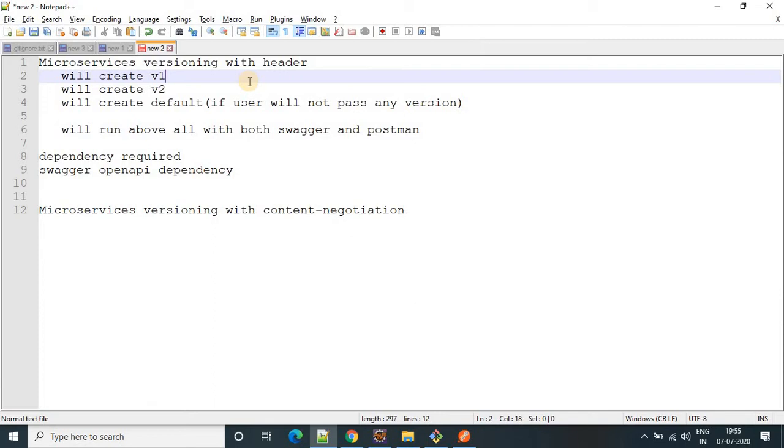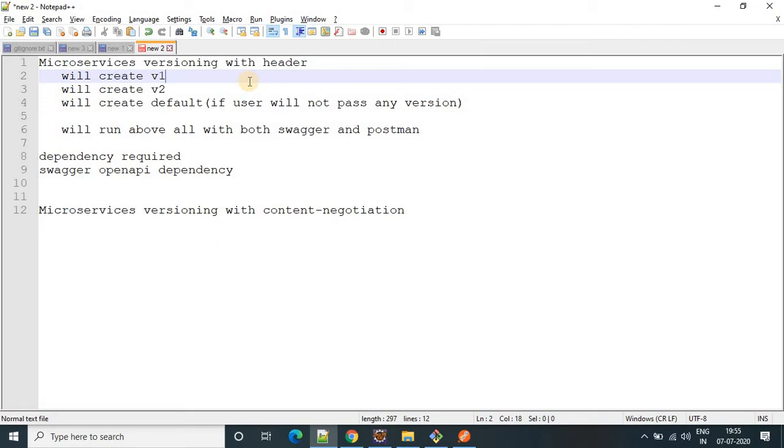I got some new requirement and developed some new endpoints. These new endpoints I have to push to the production server. But if the new endpoints go to production, then our existing users may be affected because they don't know about the new endpoints. They are familiar with the old endpoint.